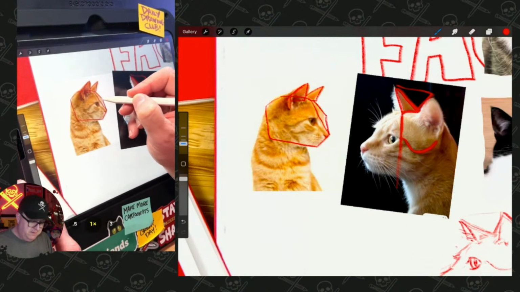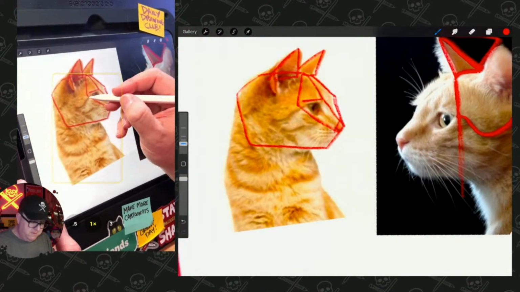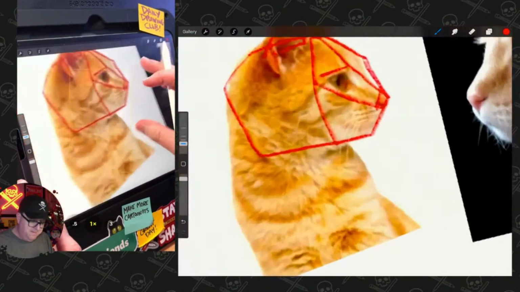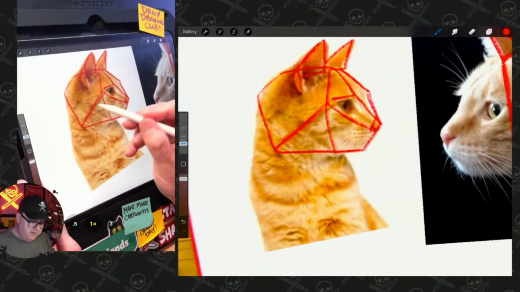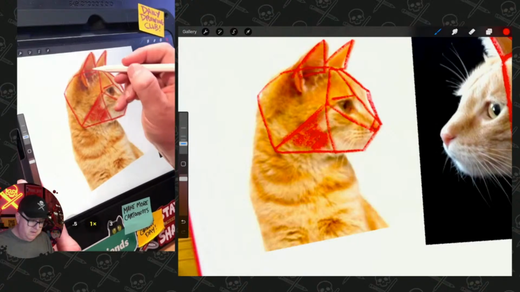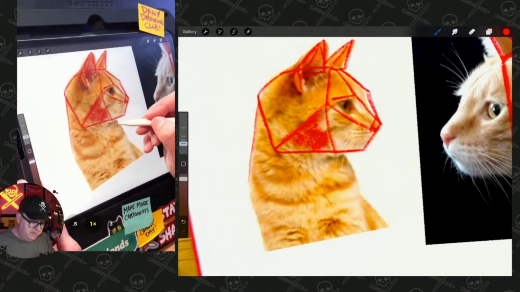The planes of the head also. And you got to think this way for shading too. It'll be fun here. I'll take this off in a second. So sometimes just tracing